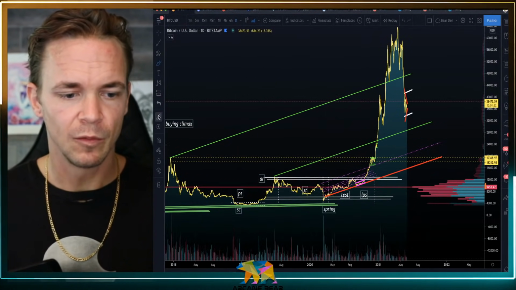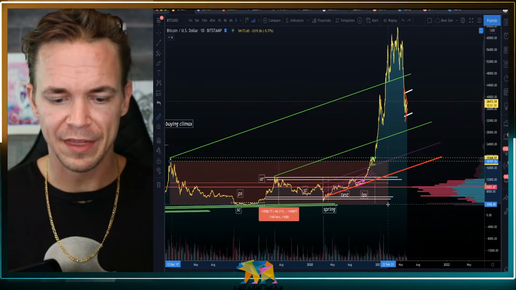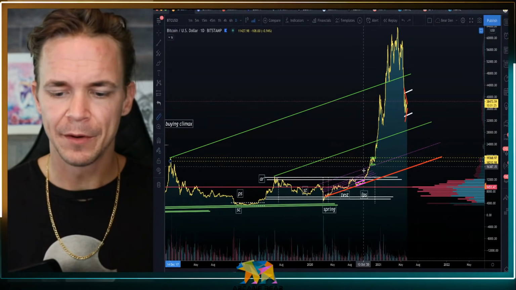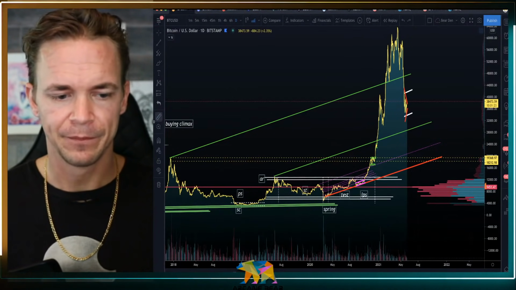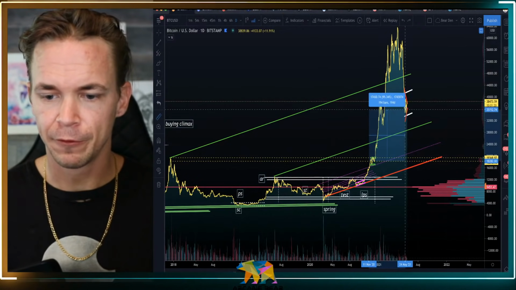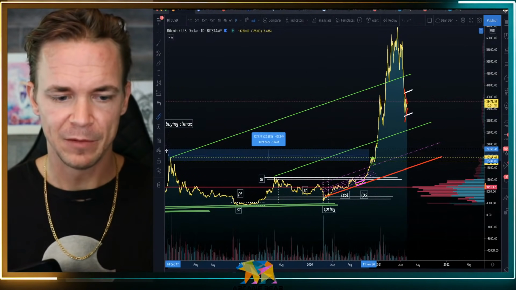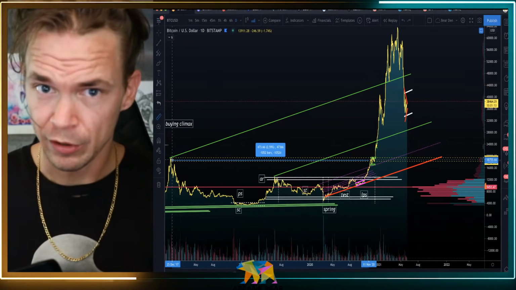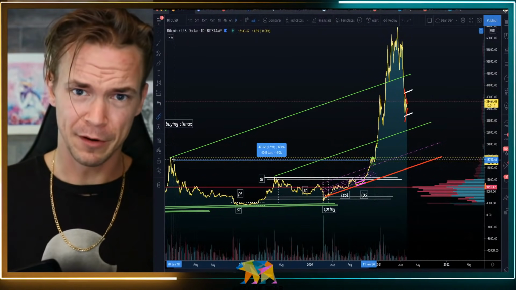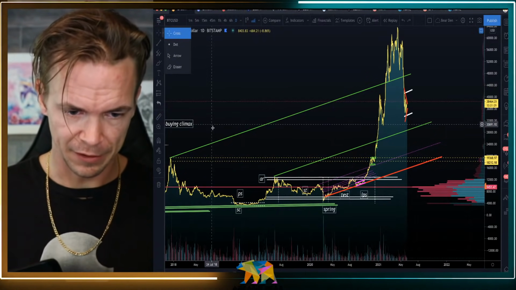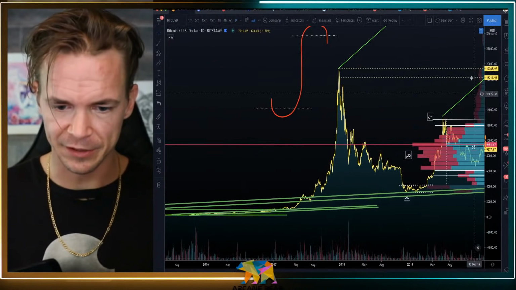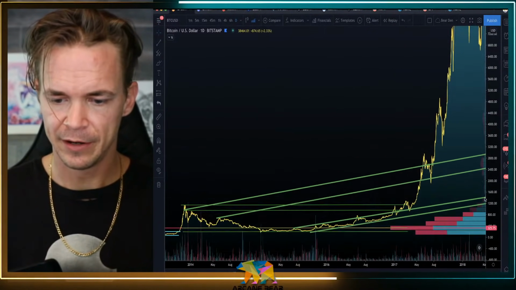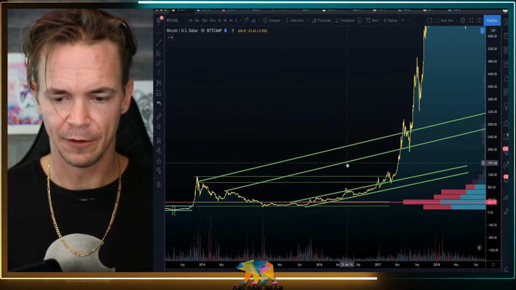Equivalently speaking, when you have an accumulation range that took 1,200 days to process, the bull market is usually around approximately 1/3 of that time frame. We have not been in a bull market for more than 192 days, yet we have over 1,000 days of accumulation. That's a quarter, not a third. And that's what we approximately saw in the previous bull market too, is around 1/3 of the time that we spent in accumulation, we spent in a bull market, leaving the primary accumulation range into the bull market itself.